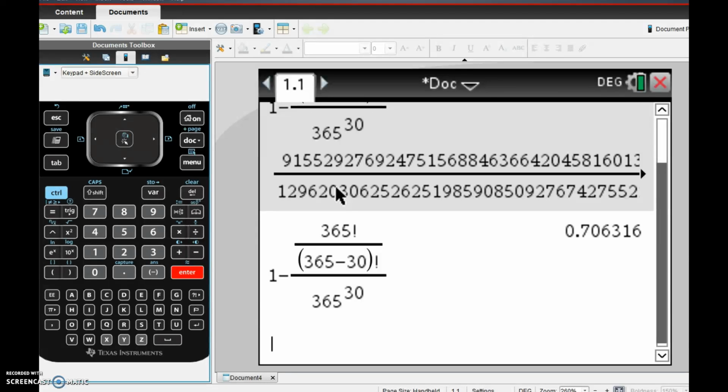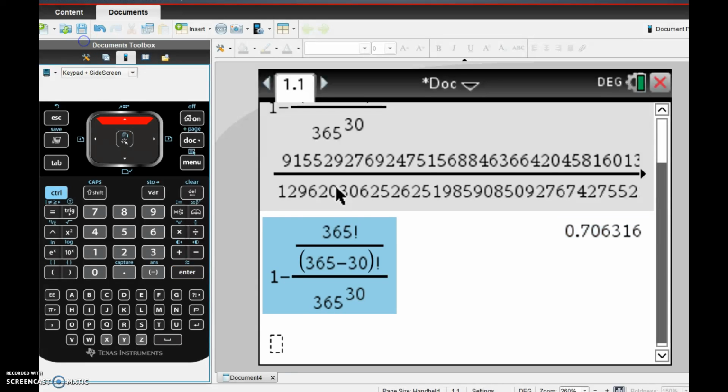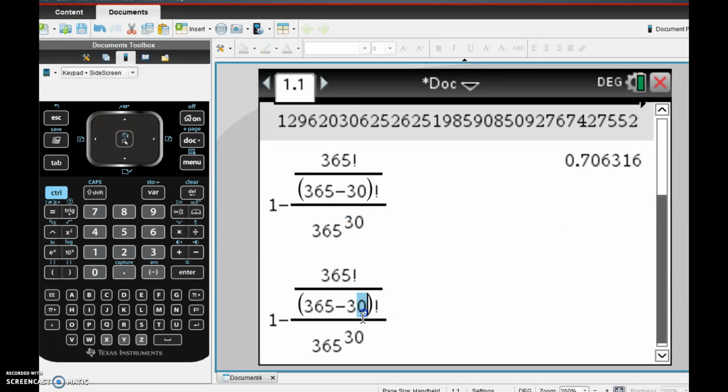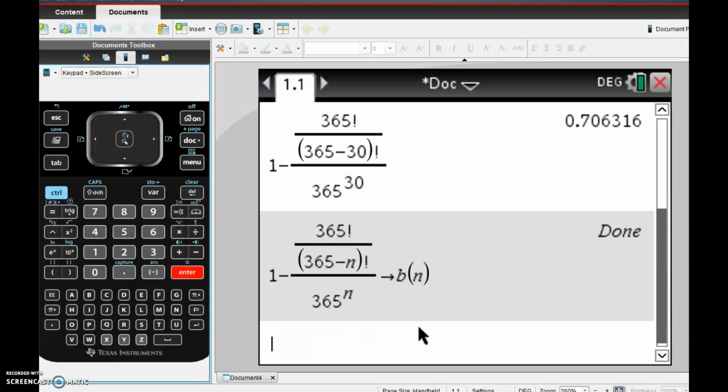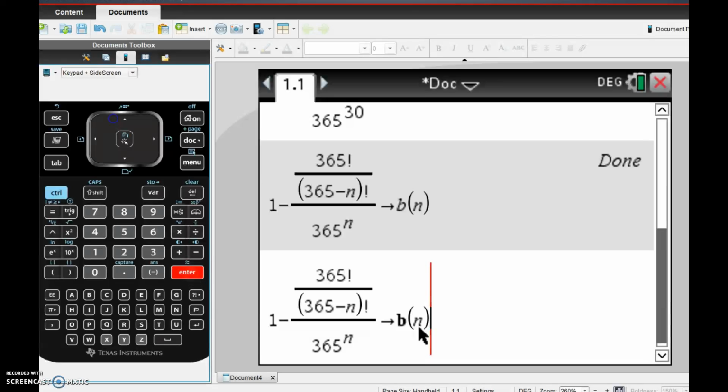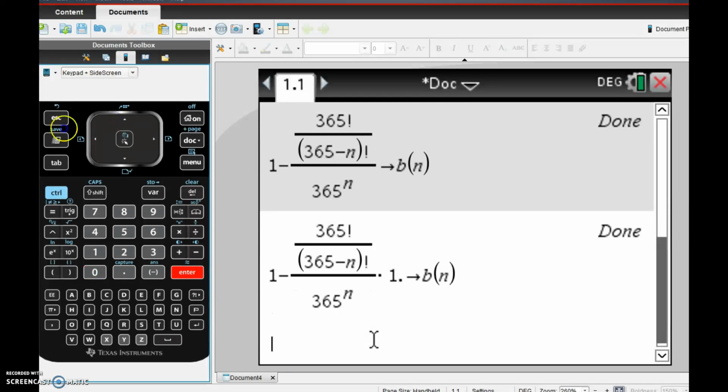If we wanted to, we could make a function. We could take this function and we'll put in n for the number of days. So we'll call that the number of kids in the class. So we'll go n. So this is a function of n. Let's store that into b of n. In fact, let's type in a times 1.0. That'll give me decimal approximations. So if I go b of 30,